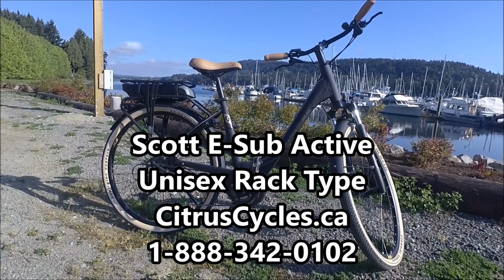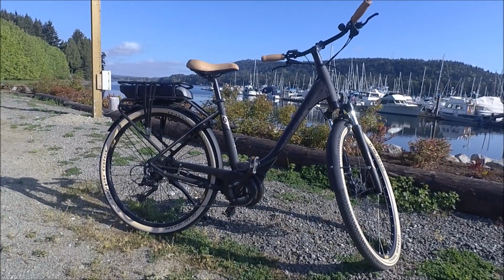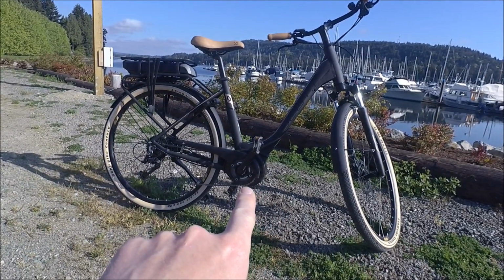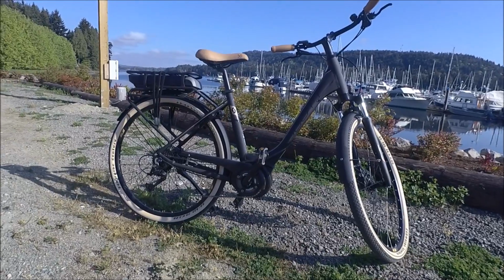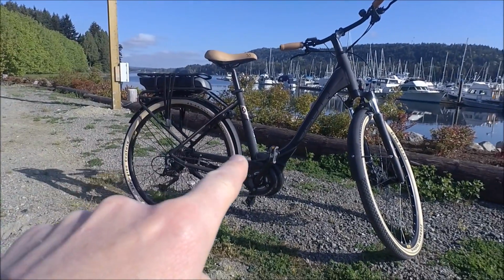I'm here with Scott's eSub Active Unisex Rack Type. It's a long but descriptive name for this bike. Scott, of course, is the brand. Active refers to the fact that we've got the new Bosch Active line there. Unisex, of course, it's suitable for both men and women. And rack type refers to the fact that they've put the battery on the rear rack to really open up